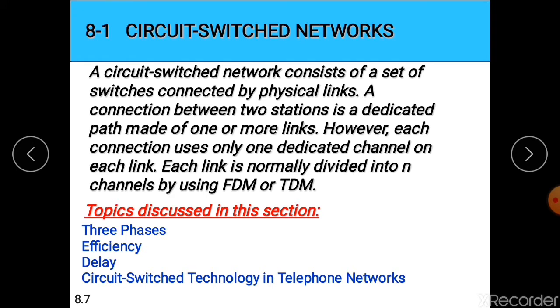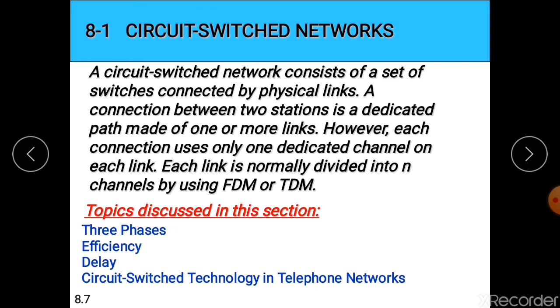Now we'll see about each of these switched networks. First we will start with the circuit switched network. A circuit switched network consists of a set of switches connected by physical links. A connection between two stations is a dedicated path made up of one or more links. Each connection uses only one dedicated channel on each link.